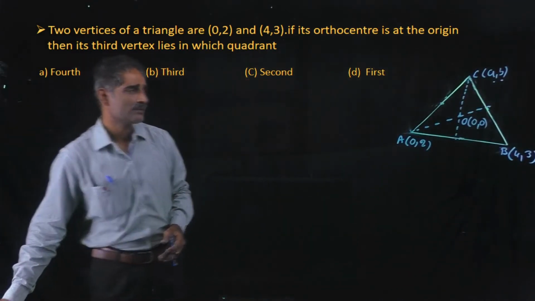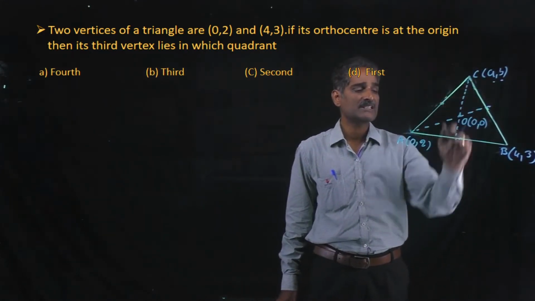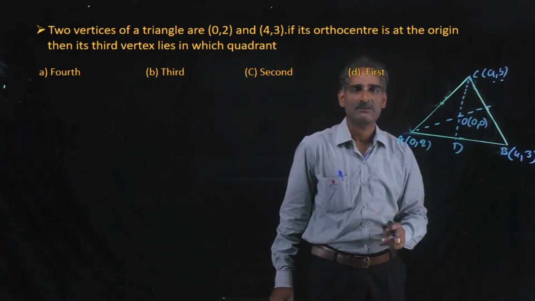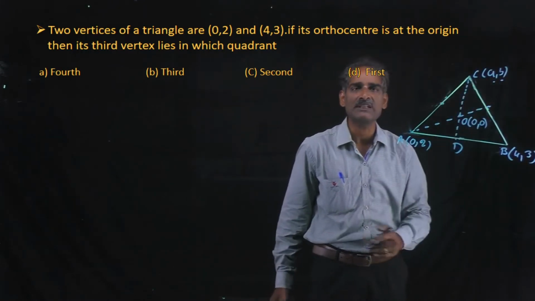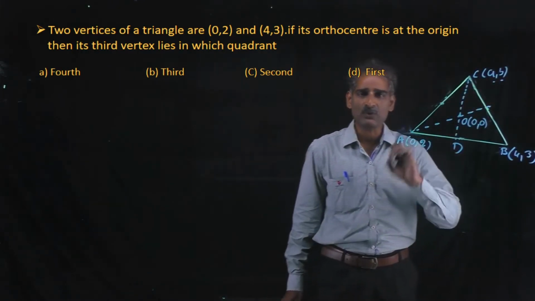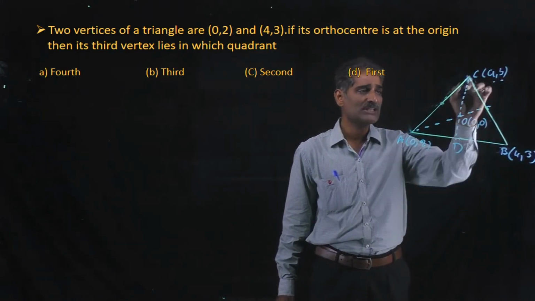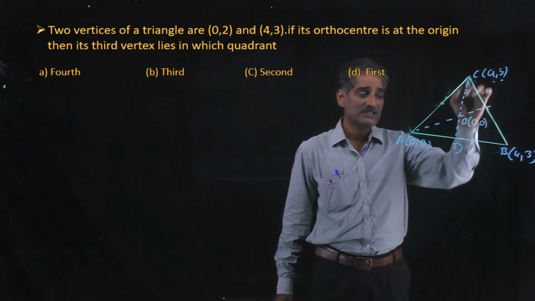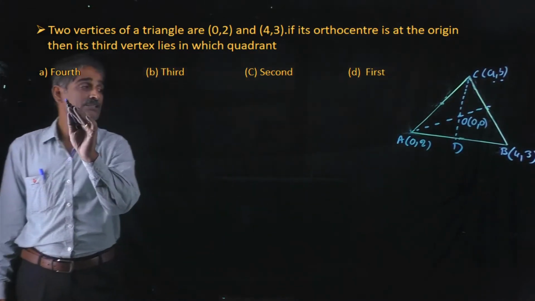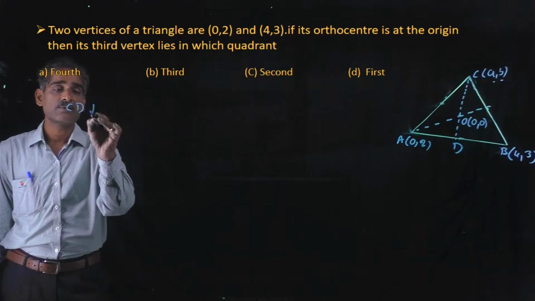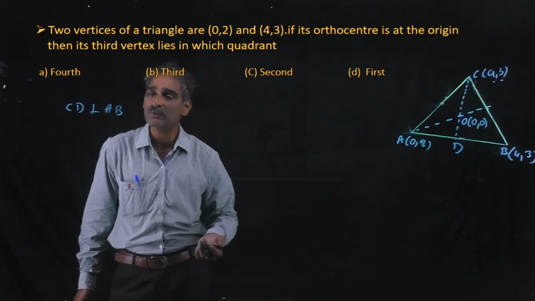Okay, so it is very simple. Just find any two of these three lines, whether it is AC or CD or BC. The intersecting point of any two lines out of these three is nothing but C. So here we have to find the a and b values. Now see that OC is nothing but C, which lies on CD. CD is perpendicular to AB, clearly from the figure. So the slope of CD into the slope of AB is equal to minus 1.